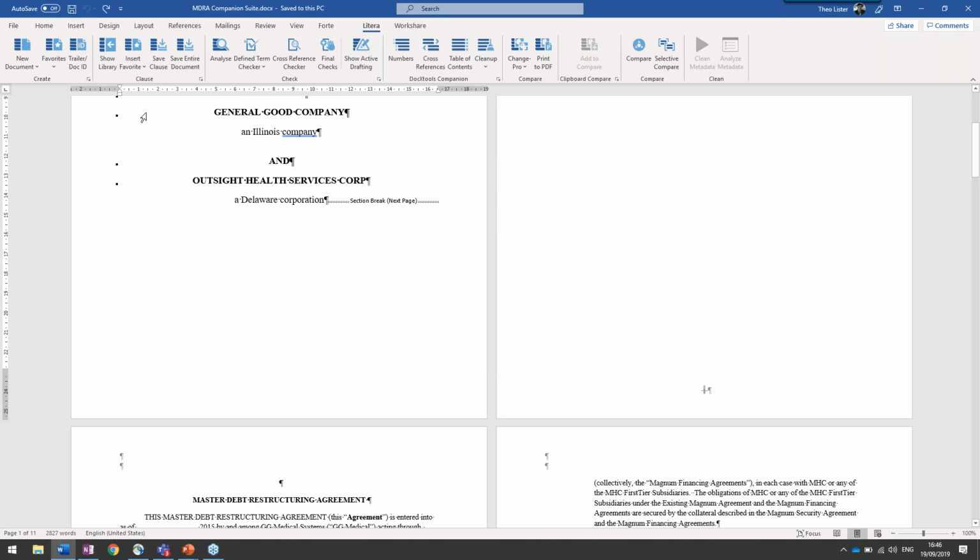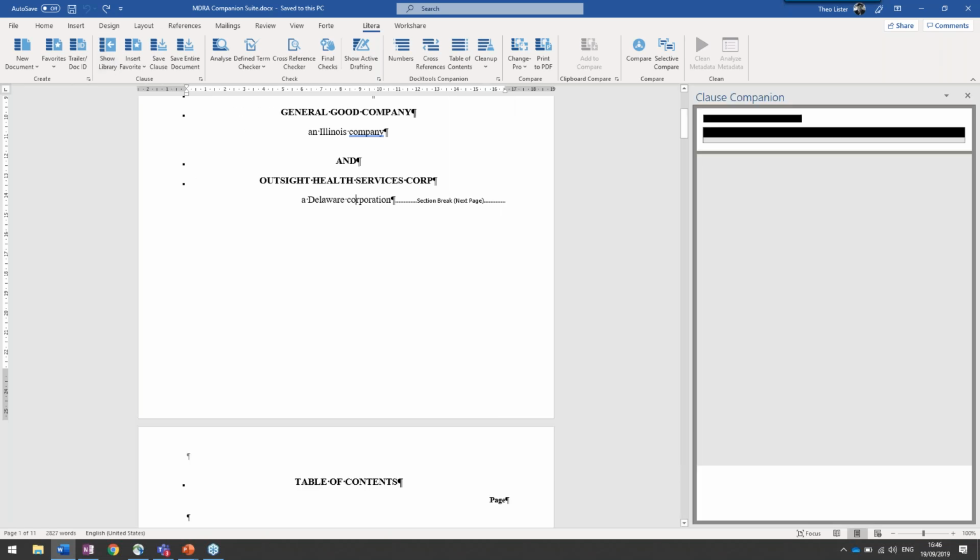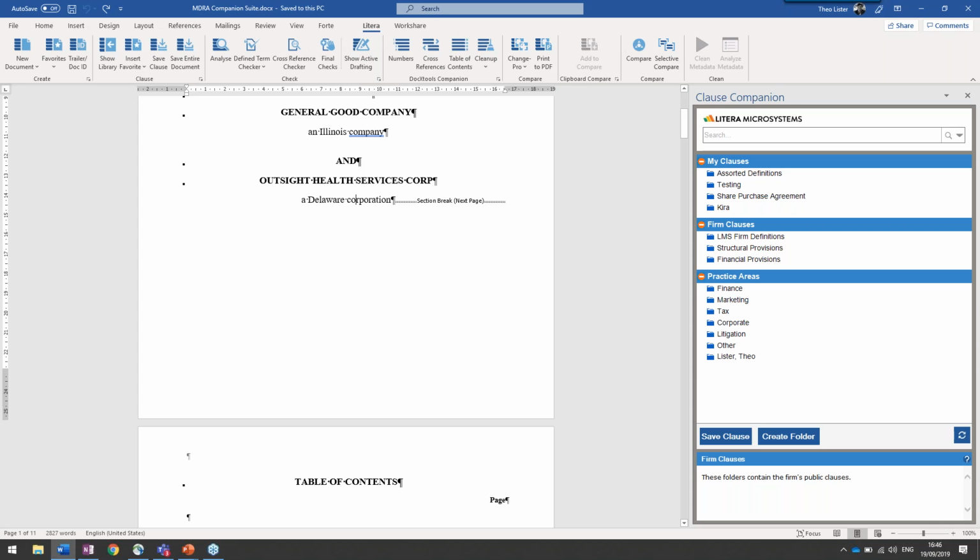So Clause Companion as a product. So it exists here. And quite normally, I would have my three areas of content. There's the personal information, which is just for myself, that's my clauses. Then there's the information provided to me by the firm. So this might be approved definitions or information and provisions that are particular to my practice group that might have been curated with the assistance of a department head or a senior paralegal who's experienced in all this language that I should be using, and that's updated regularly. And then there's the inter-practice area sharing.